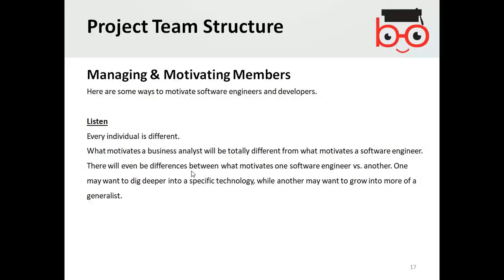Maybe some of the programmers want to go into the width of the project, like they want to complete individual components one by one, and some of them may want to complete the overall components partially and then complete the components one by one. So it's your responsibility as a project team or project team manager to listen to everyone.